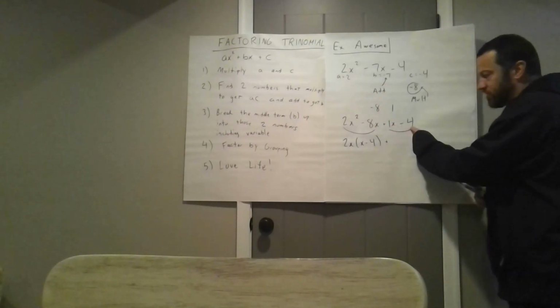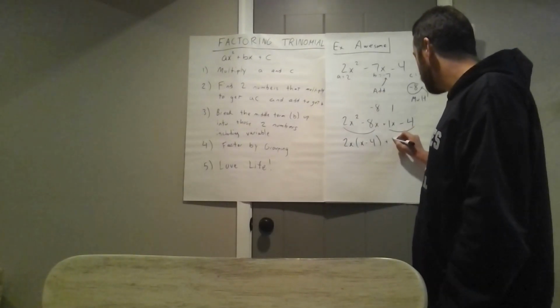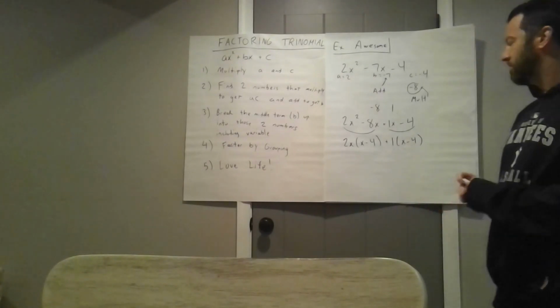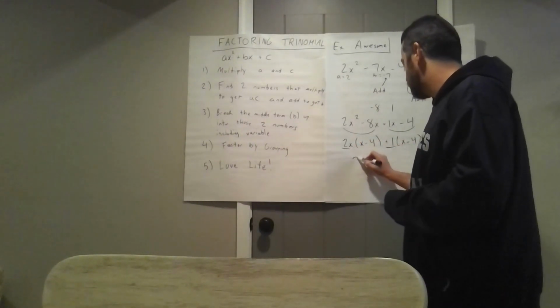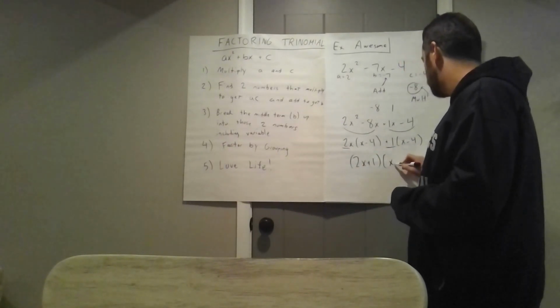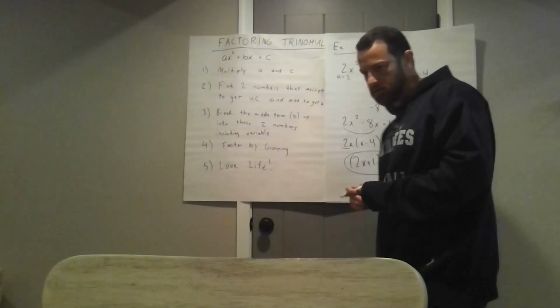This one doesn't have a GCF, right? So in that case, our greatest common factor is just 1, and then I'm left with x minus 4. Put the outsides together, 2x plus 1. My inside is x minus 4. Circle it,